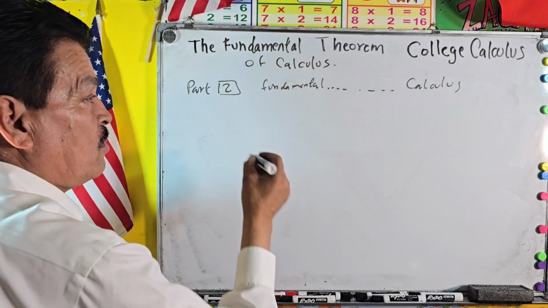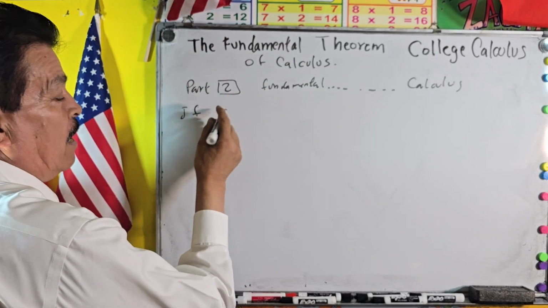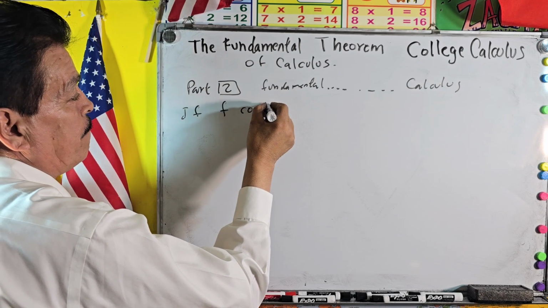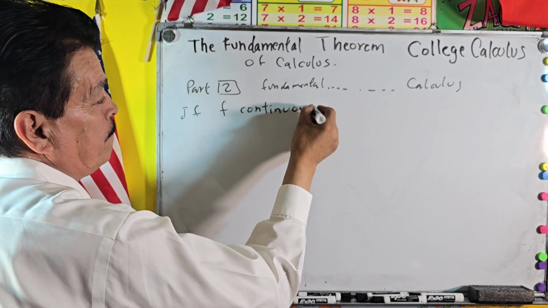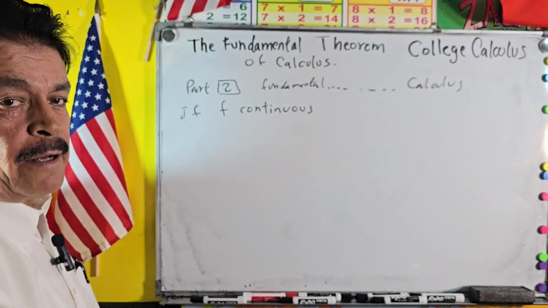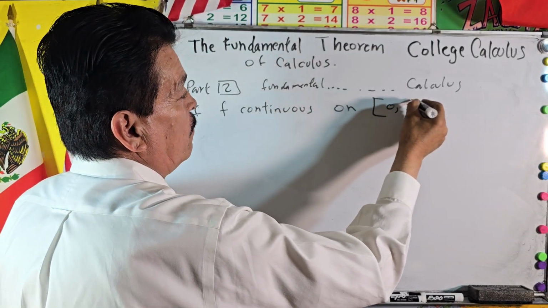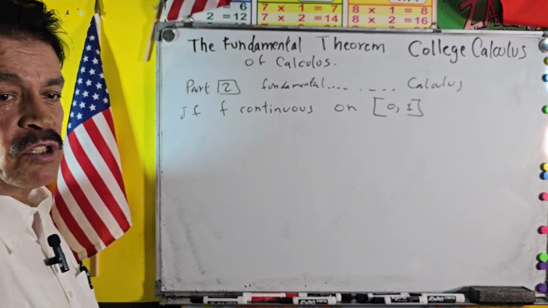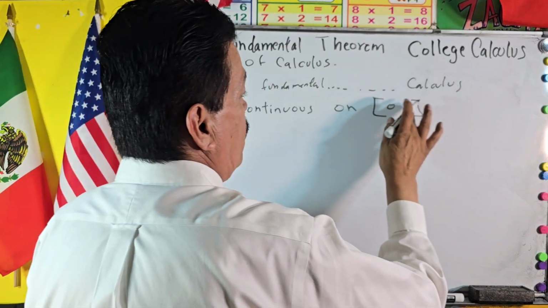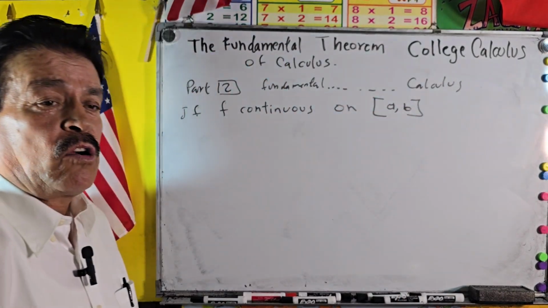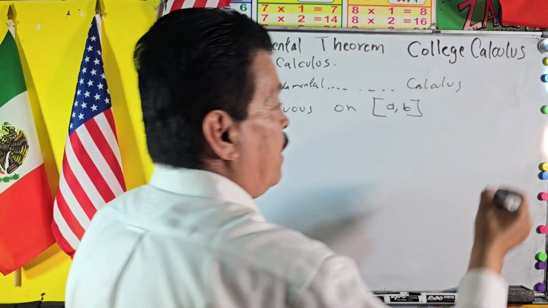If f is continuous on a, b, for instance, okay, a comma b, again, a comma b, right? a comma b. Then we have